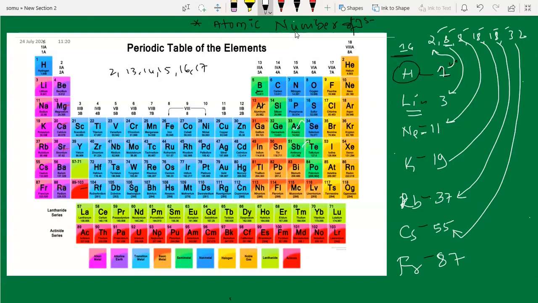We have to do addition, that is plus, plus, plus, plus, plus, plus. That's it. How much time did we take to calculate the atomic number? Only 1 minute, not even 1 minute. Within a second we have calculated the atomic number of all the elements.